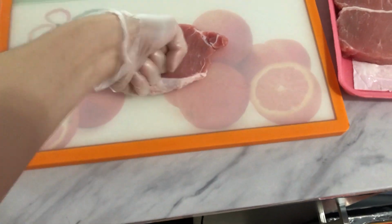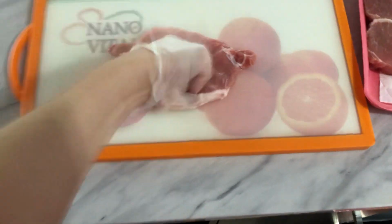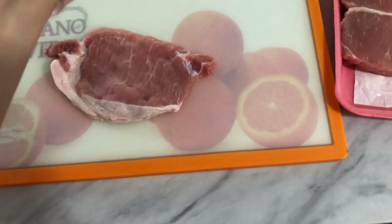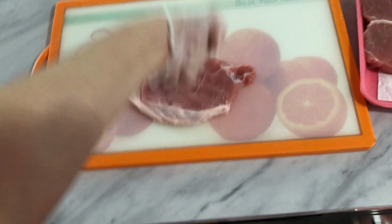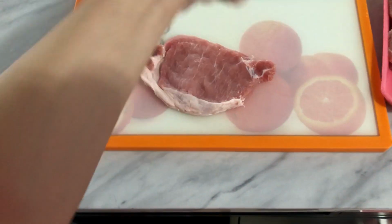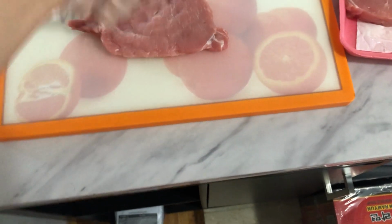Now you flip to the other side, and you do it again. Make sure you just go in a circle like this so that you can evenly beat your meat. Now it doesn't take too long. You just want the meat to be flat enough